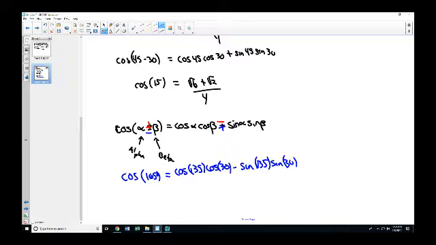Anybody use anything different? I was going to use 225 and 60. 225 minus 60. Perfectly reasonable. Any of it works. I don't care. The final answer is